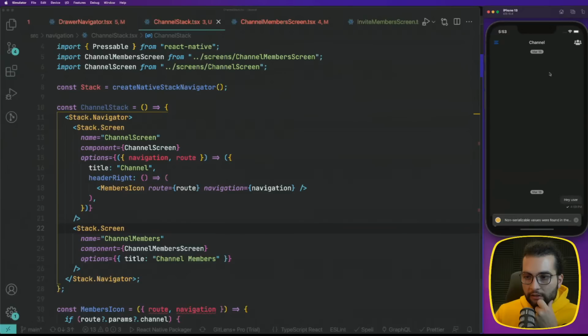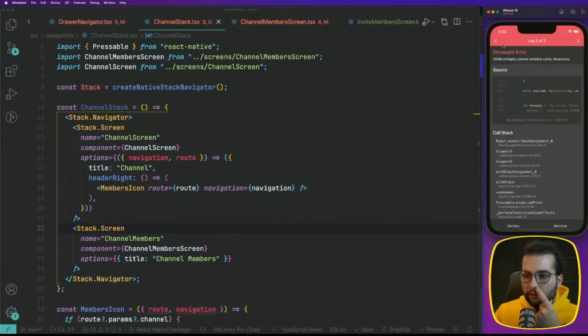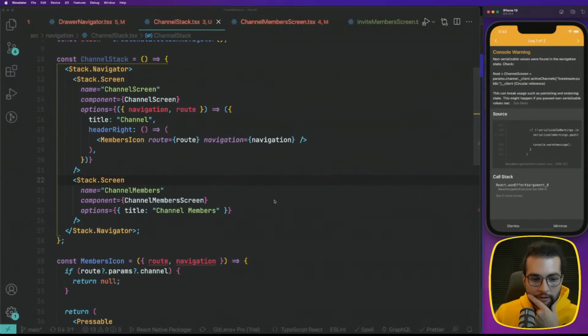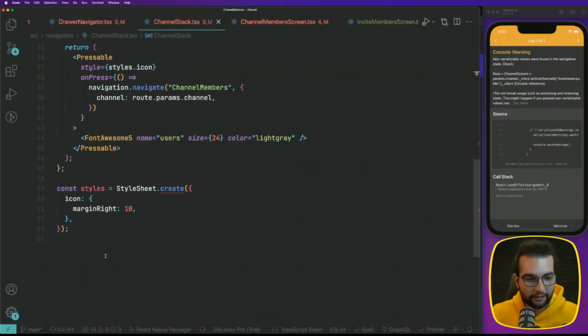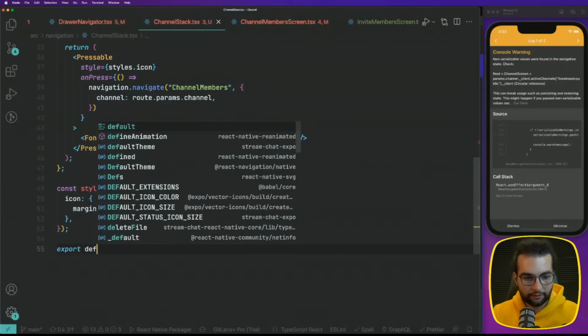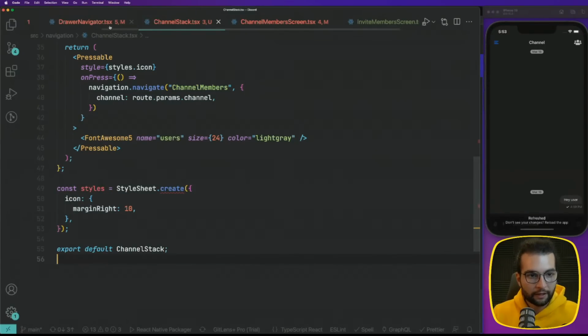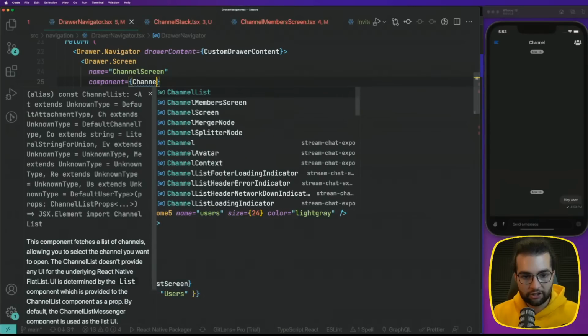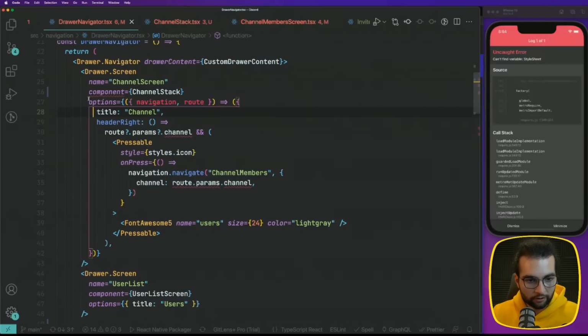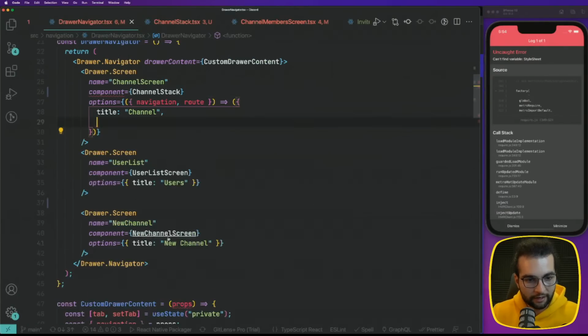So we are on the channel, going here again. Channel members screen. Oh, we didn't export this one yet. So export default ChannelStack, and in the drawer navigator where we have this one, instead of a channel screen we're gonna say channel stack, and we're not gonna have probably the header right,